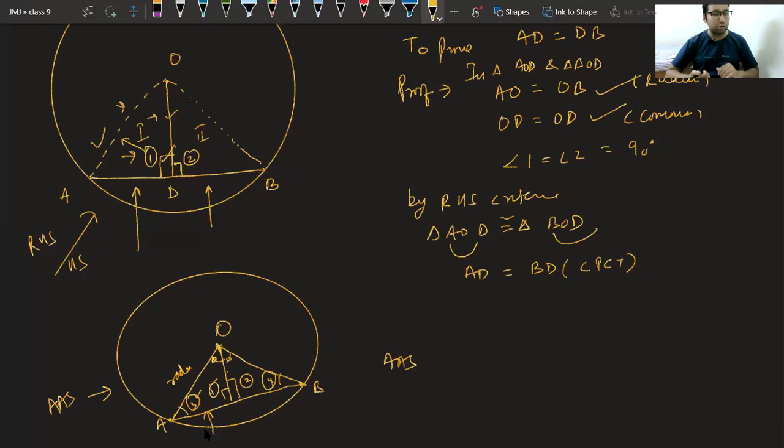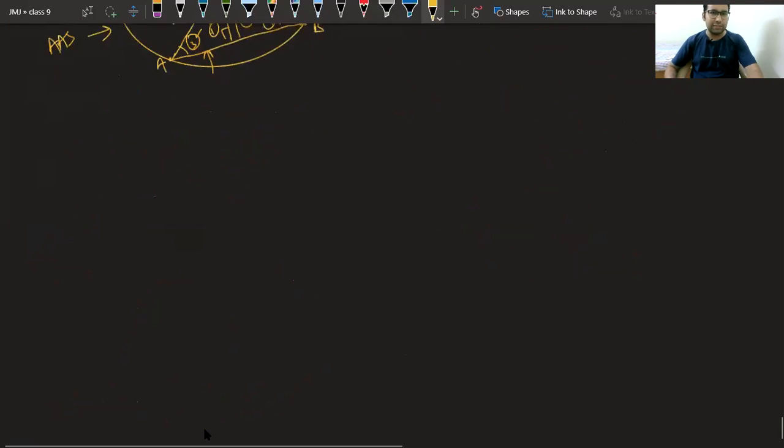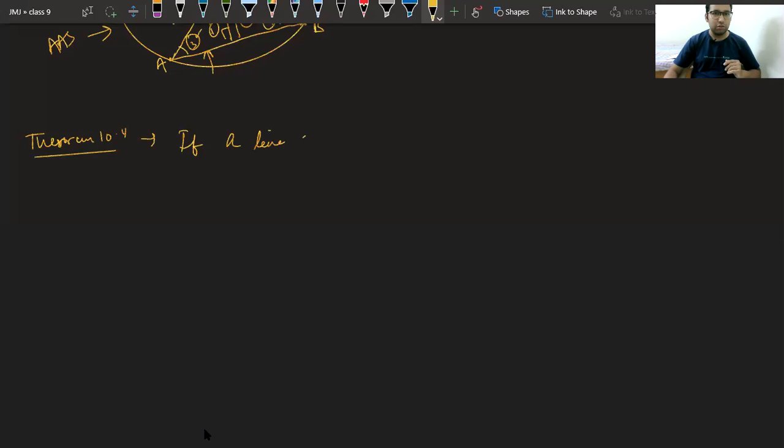the statement for the converse? Okay, Moksh is saying if a line bisects a chord, then it is perpendicular. But you have not used the center, beta. So, it is very close. We can write the statement like this. Theorem 10.4. You can say if a line from